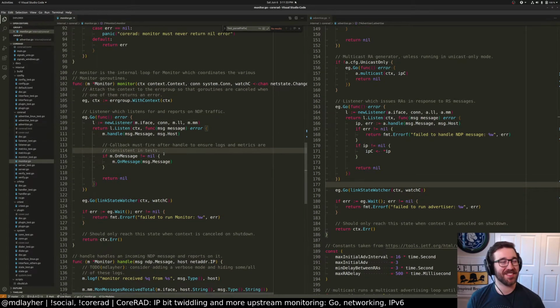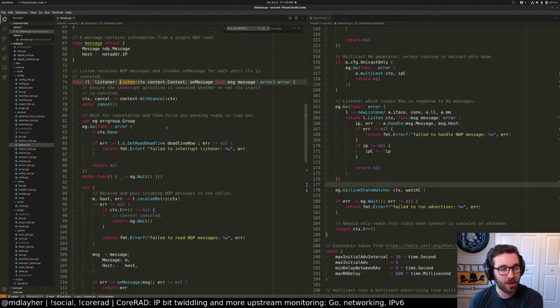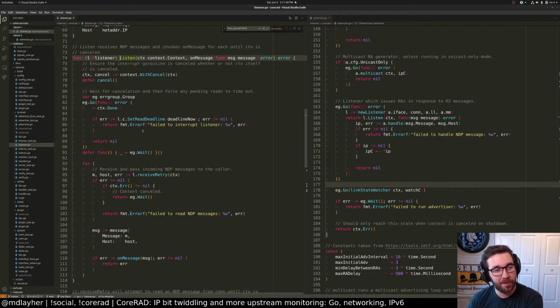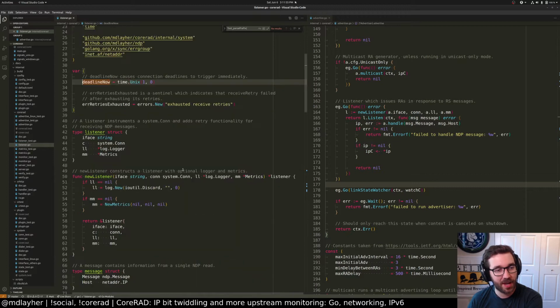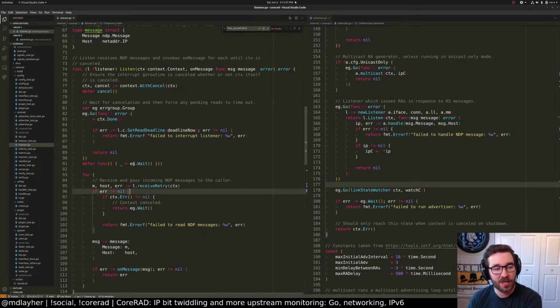So I guess back to what I was discussing. All kinds of random stuff going on in Twitch chat. I factored out this listener type because I wanted to handle a lot of the common functionality between these two things. Before, there were a couple of loops here that were very similar. The listener handles things like context cancellation. When the context we pass in is canceled, we will set a read deadline of some time in the past. In this case, I think I have Unix time 10. If you set a deadline of a time in the past, it will immediately cancel any reads.